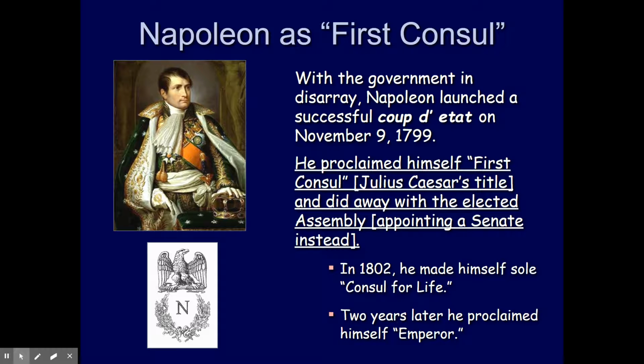Abbé Sieyès, the individual that wrote What is the Third Estate about 10 years earlier, supports Napoleon and helps him get there. One of the directors from the government supported his cause. That was Joseph Fouché. And then he had another general help him. Eventually, he would become an emperor in 1804 and serve under that role with strict censorship till his reign's end.